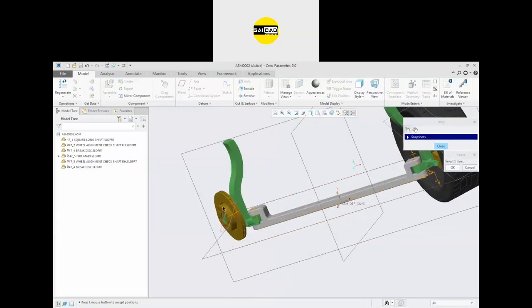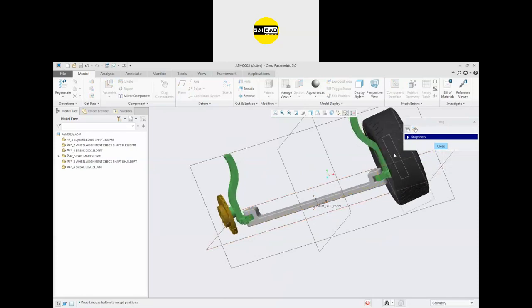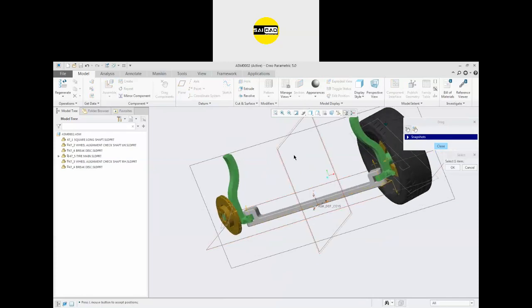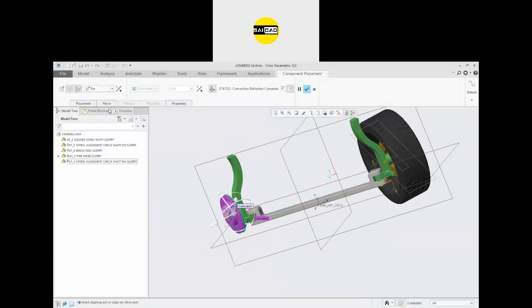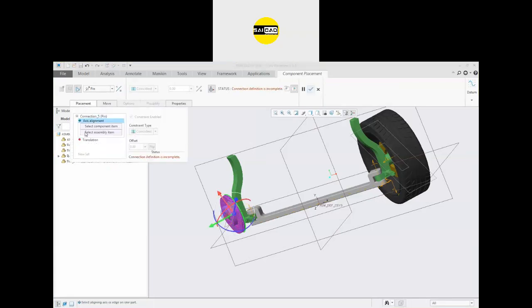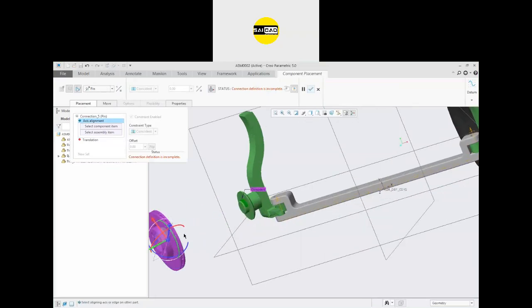If you want to rotate this component according to this one, with respect to this one, you can just add another relation in the break disk. You can see this is the pin. If you go to the placement, remove the relation, you can just add some new relations like that.